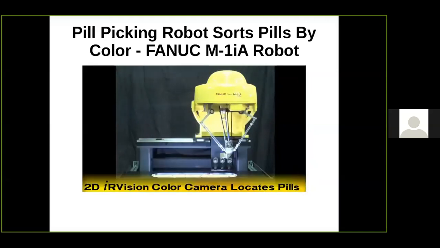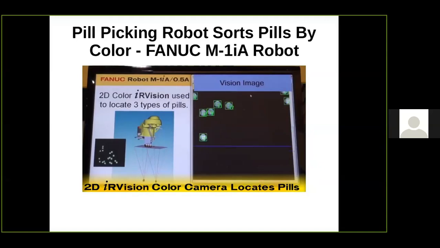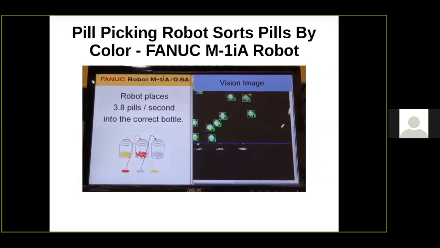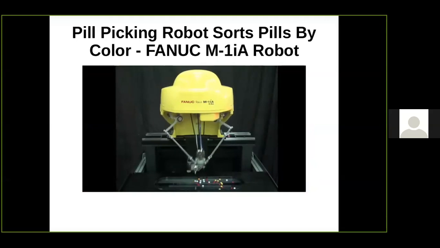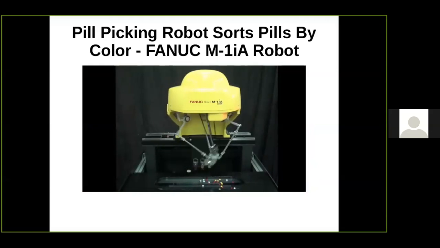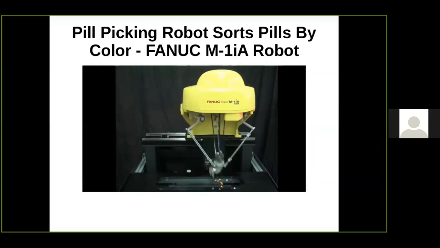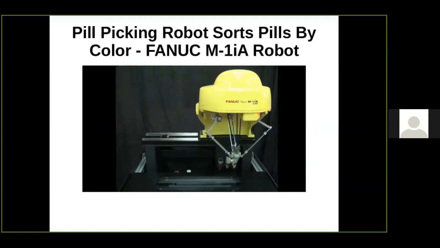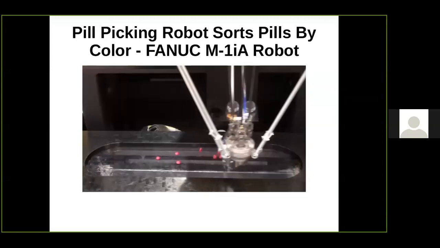Now it uses a camera to locate the pills. Then it sorts out which pills are in which position and puts them inside the box. It is sorting using color-based computer vision. Here is a closer view of it.